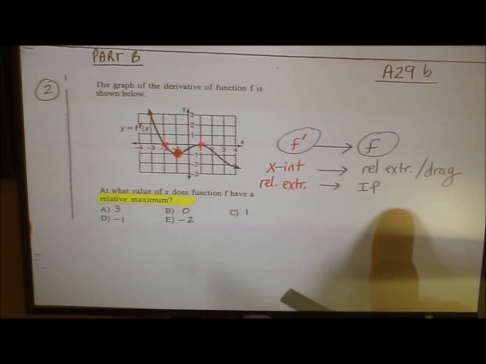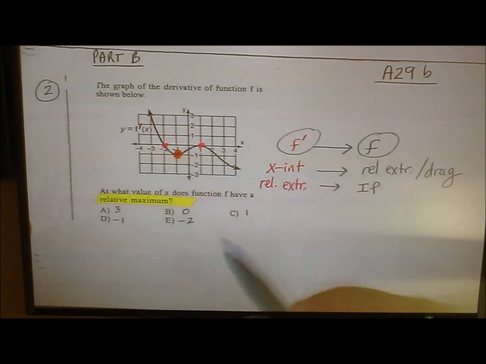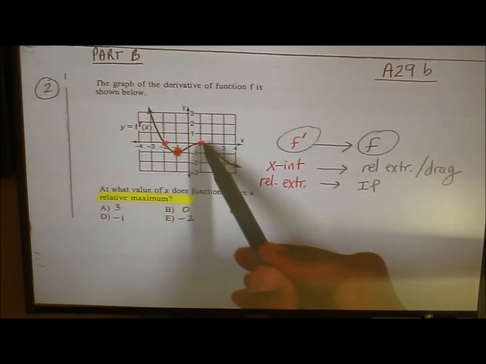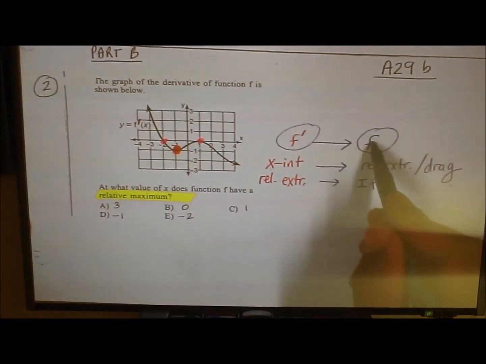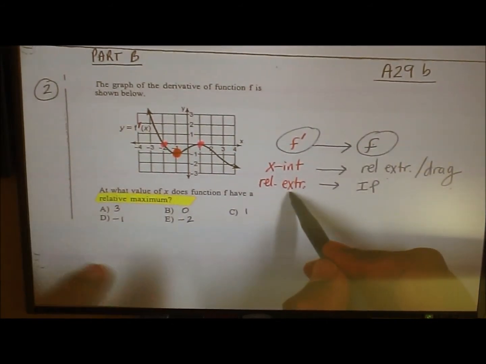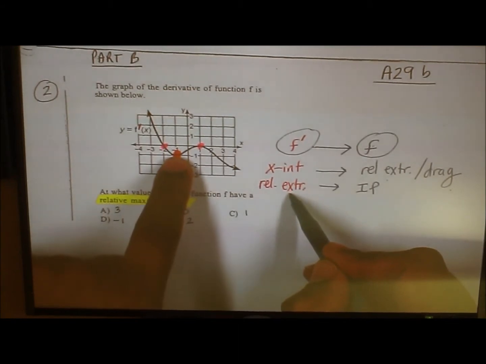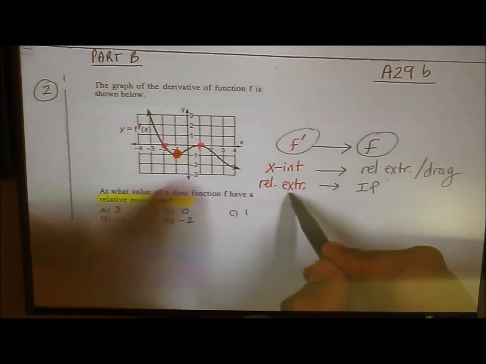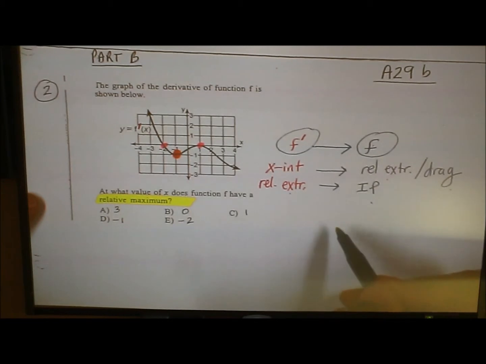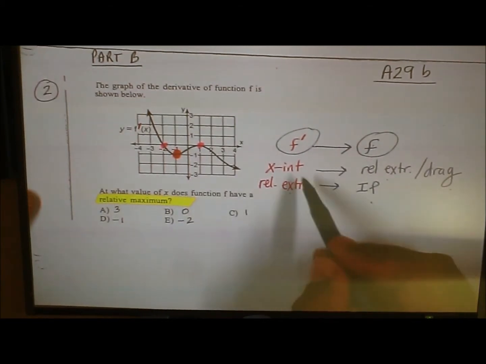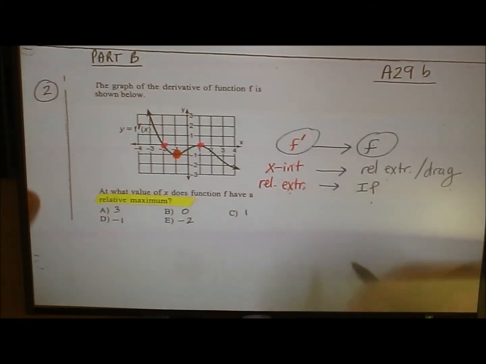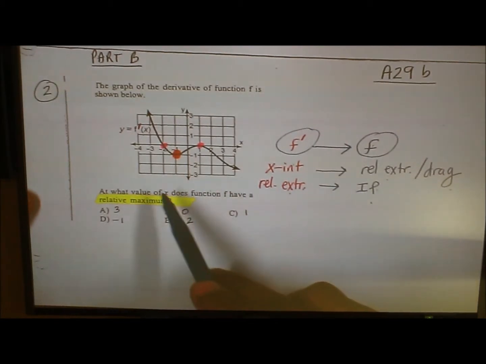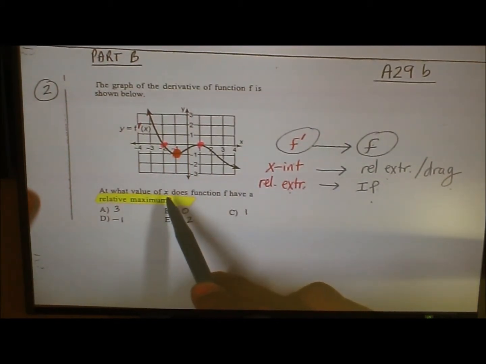f. X-intercepts on f prime, which I've indicated here in pink, mean either relative extrema or drags on f. And relative extrema, which I've indicated here with the orange dot, mean inflection points on f. And that's the correspondence between these two special points on f prime and how they turn into special points on f. So the question asking us here is, at what value of x am I going to have